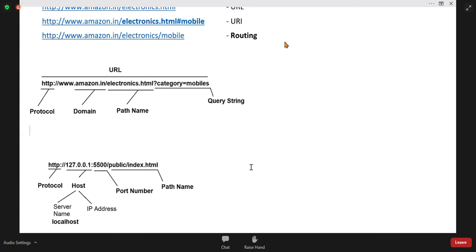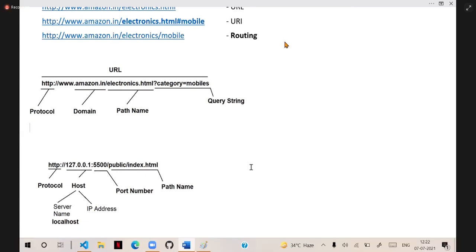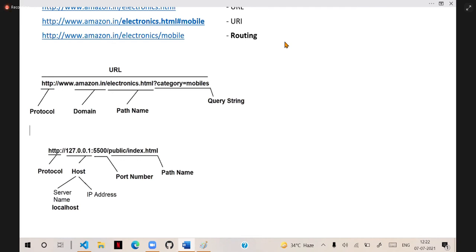In order to start working practically, you need to explore this in detail: what is protocol, domain, port number, host, and query strings. These are the concepts we need to learn now. Then we are ready to start working practically, which we will see in our next session. So tomorrow we will continue. In tomorrow's session, I will explain